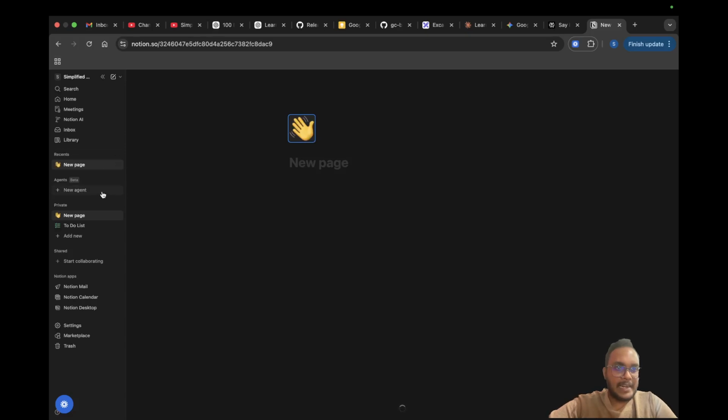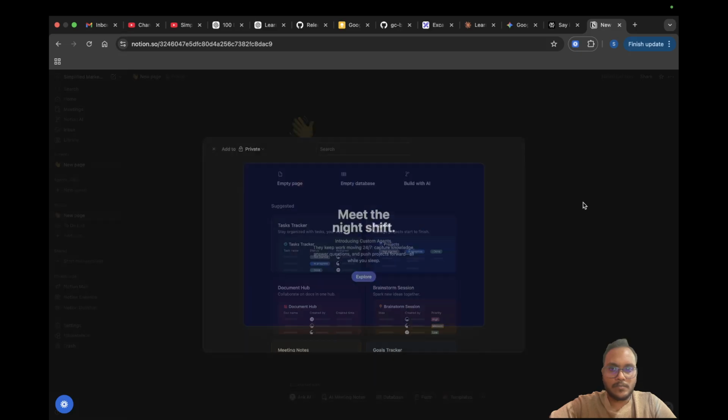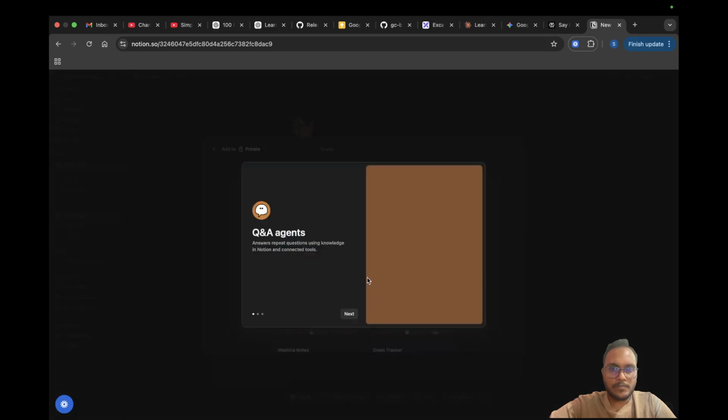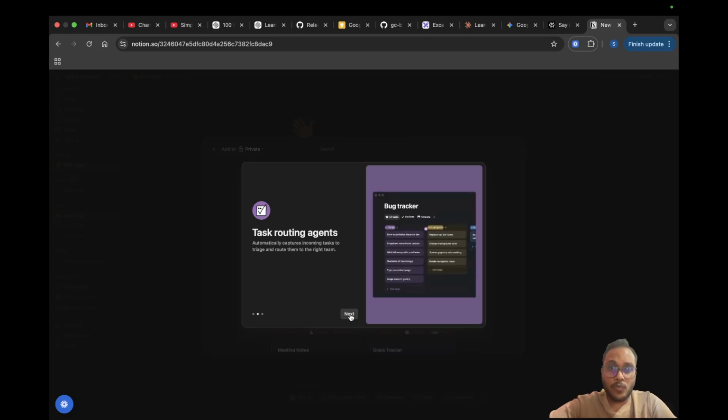and let me create a new page over here. Add new. Okay, so these are the different workflows that you can work on.